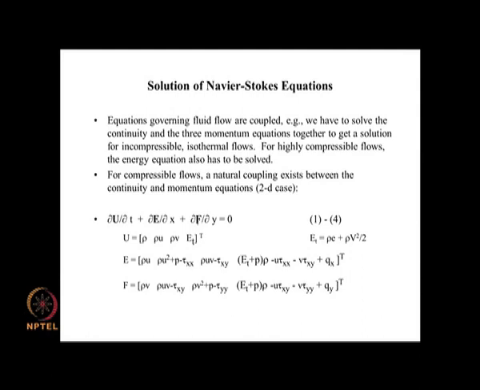Similarly, the F term here is dou by dou y of rho u v, and that is there, and the other term tau xy or yx, it is symmetric. So this is dou by dou y of tau yx, and that has been brought to the left hand side to be made into minus dou by dou y of tau xy. So if we now want to reconstruct the x momentum equation, we take this value for U and all the three together for E and these two together for F.